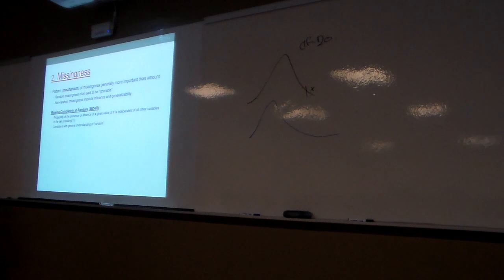When we're using estimators that will account for missingness in the data, right? One of the assumptions of, say, maximum likelihood, everybody gets excited about maximum likelihood because it accounts for missing data. Well, it does, as long as your data are missing at random or missing completely at random. If you have systematic missingness, it's just going to bias all your results still, right? So it's important to start thinking about patterns of missingness and mechanisms.